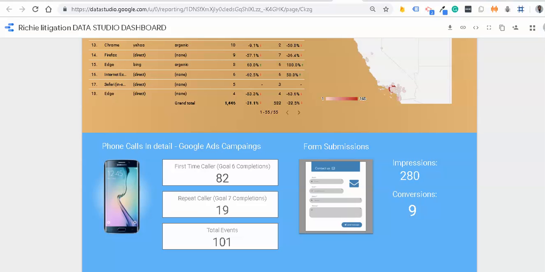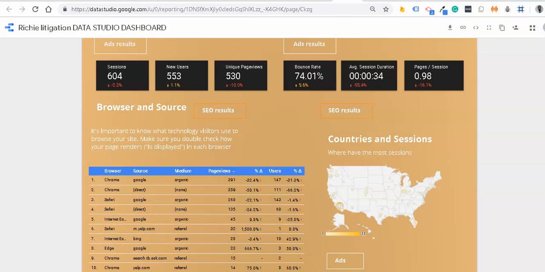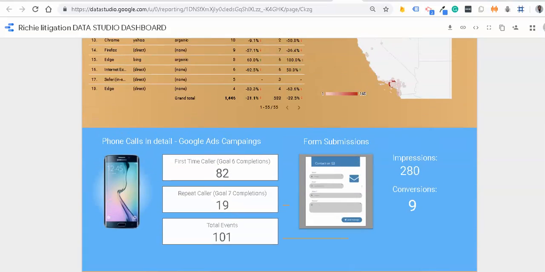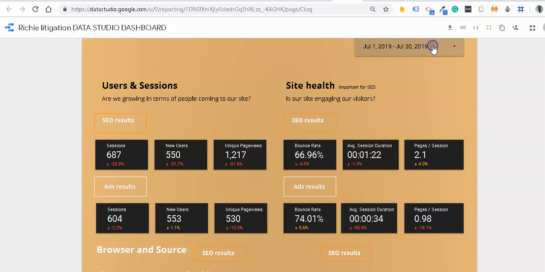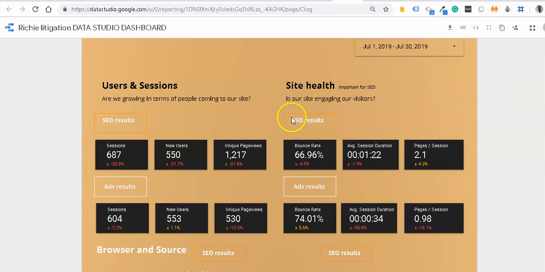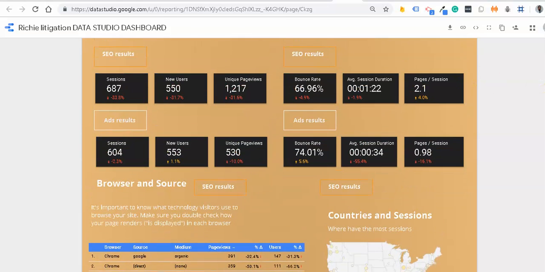We can also change the color scheme. Just send us the colors and we can change it. You send us the logo, we'll change it as well, so that it fits the branding of your customer. Also, it's dynamic, it's not static, meaning we have a date range, and according to this calendar, the form will auto populate with the new data. So it's a very complete report. I think your client definitely will be satisfied